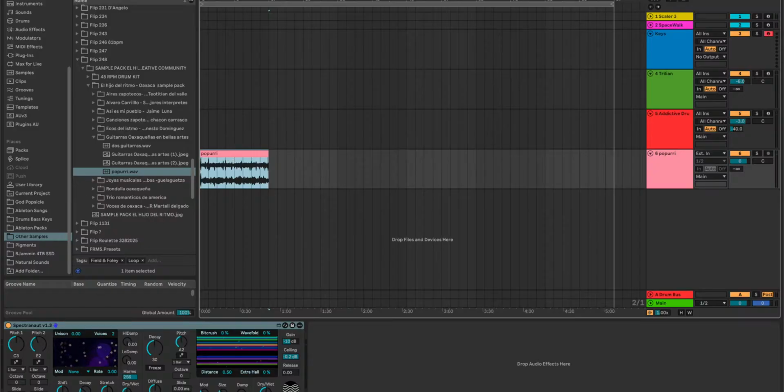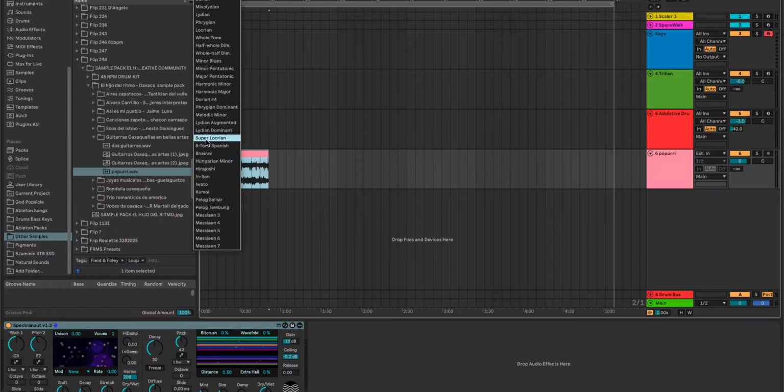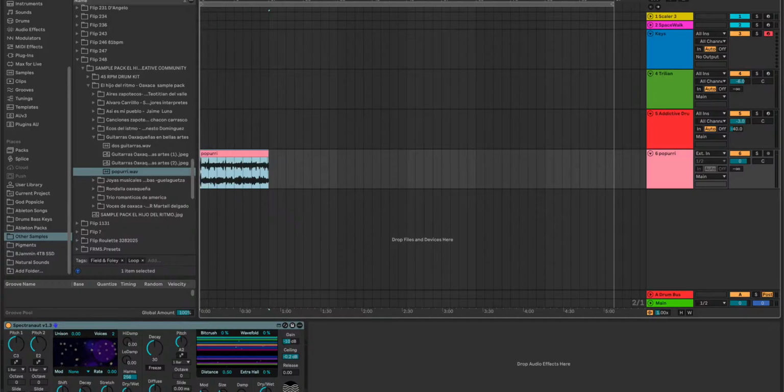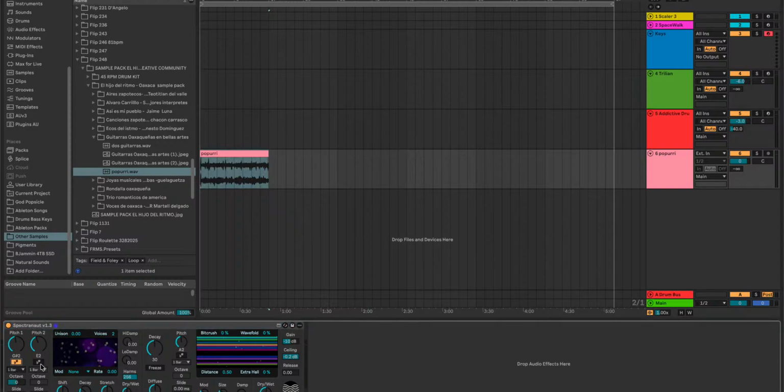So I'm gonna pick a scale to start with. That scale will be what we lock into. And I think I want to do something a little different. We're gonna go with the Locrian, I think is how they pronounce it, scale, and we're gonna do G sharp. So I'm just picking something at random. I'm gonna lock these two to a scale down here,